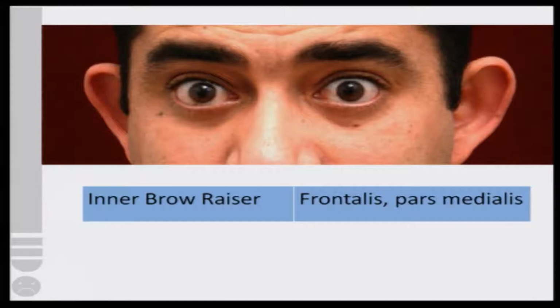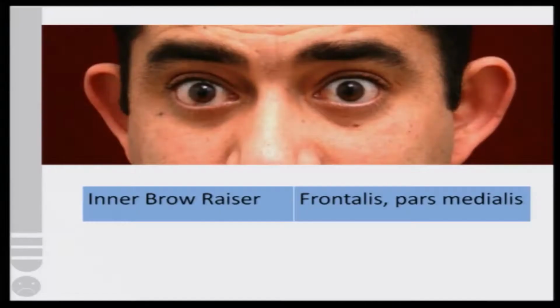Okay. Now, the expression was very distinct because you looked at the eyes. Okay. This was the most dominant feature here on the face. So, what you saw is that the inner eyebrows were raised, okay, and then on the right side you find frontalis and the pars medialis, the two muscles which are basically responsible for raising the inner brow.